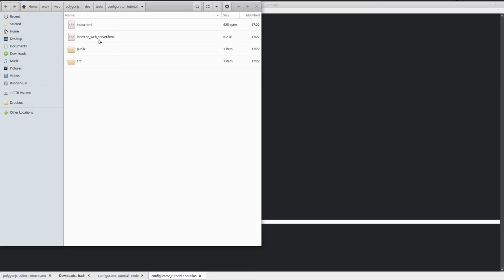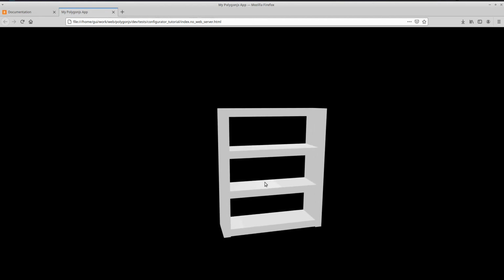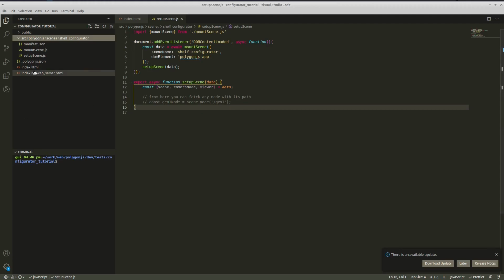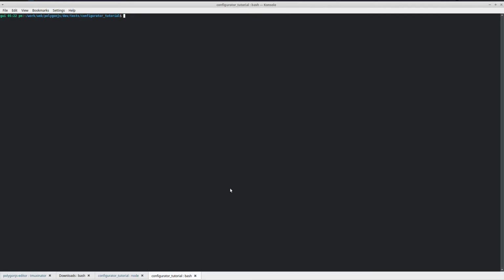So if I click on that window web server file, I can see what has been exported without having to start the server. So that's a quick way to make sure everything is correct if you're not sure how to start a server. But we're going to need to use the server to fully edit that one, because what we want to edit is this one. It's going to be so much simpler to work with this file. So what I use basically is